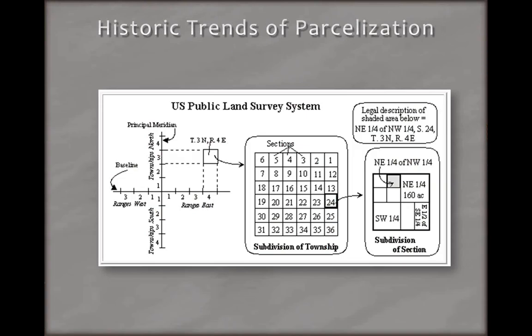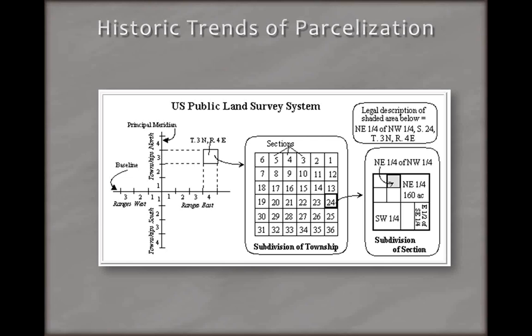So if we step back a little bit and talk about when the United States gained its independence, it acquired a whole bunch of land. And so in order to divest its land, which it was interested in doing, partly because it wanted to get rid of government-owned land and put it into private ownership, partly to raise tax revenue to increase the wealth of the country, it needed a system that was less complex than the previous two, the French long lot system and the metes and bounds. That was very complex, and there were a lot of disputes. And so they developed a public land survey system.